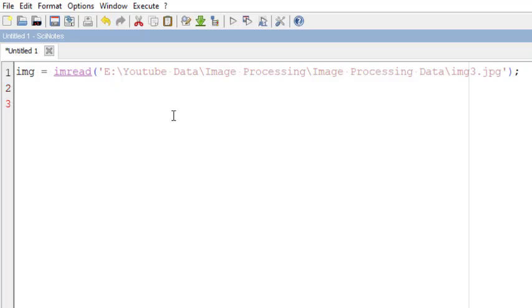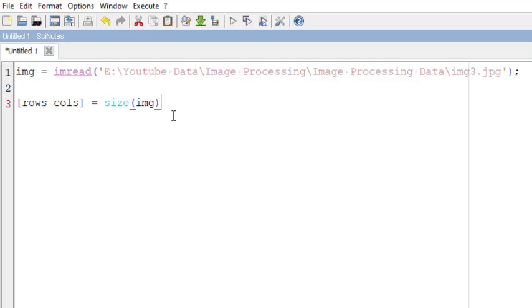Now next I will find out the size of the image. Since we all know the size of the image consists of rows and columns, therefore we declare an array having rows and columns. This is a two-dimensional function. Rows and columns are the variables, we can take any variable. Size is an inbuilt function and img is its argument.